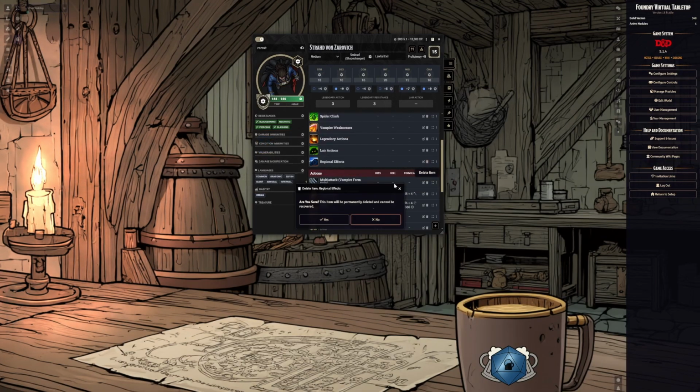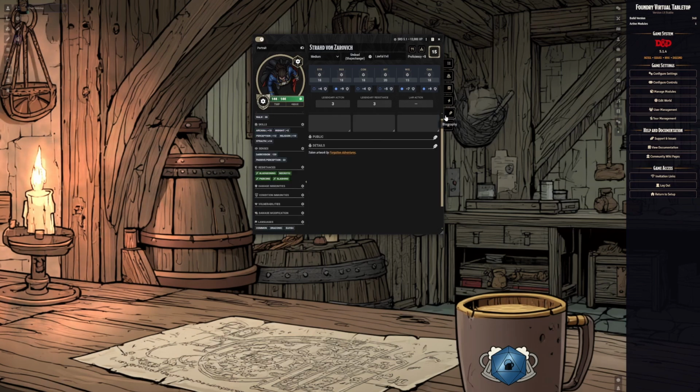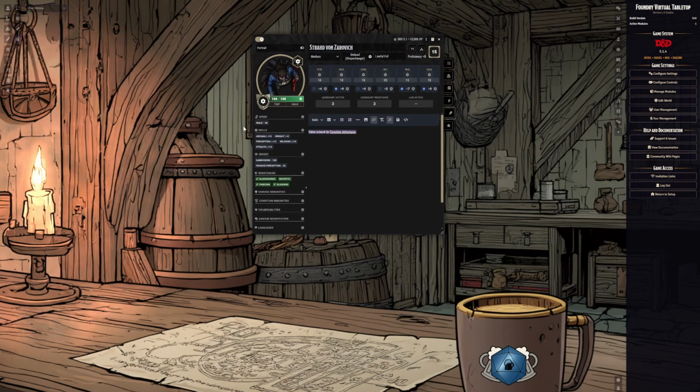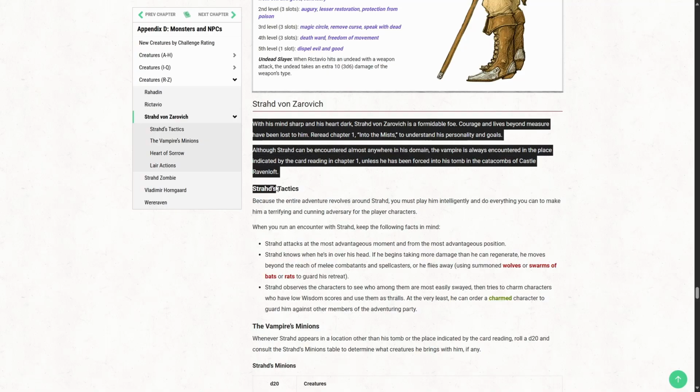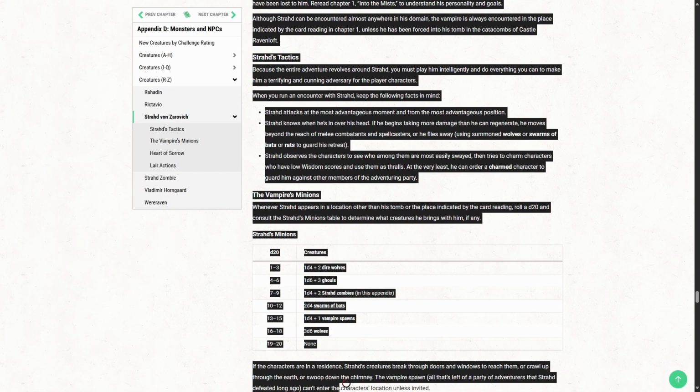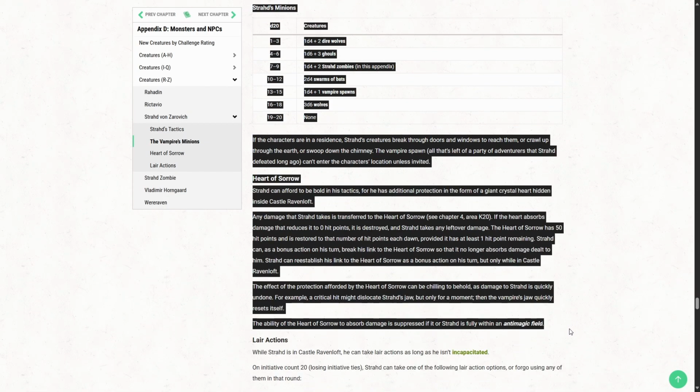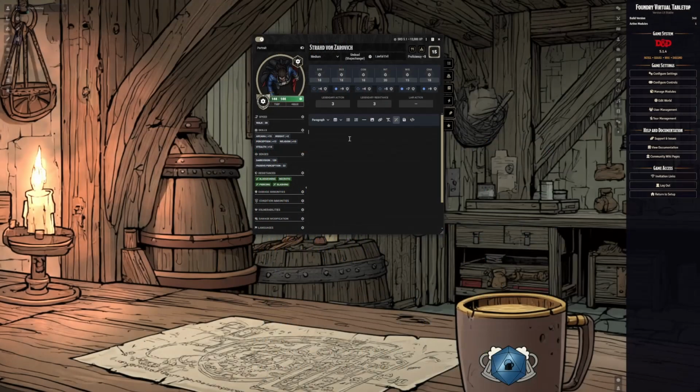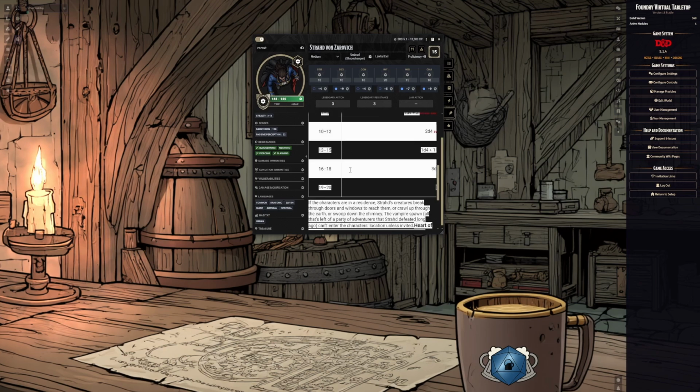He has no regional effects, but he does have the Heart of Sorrow feature. Rather than making it a feature, it's more of something that can just be put into the details under the biography. We're actually going to grab all of the biography details from D&D Beyond, starting with right under the main header, and we're just going to highlight all of this all the way down to lair actions, and then we're going to copy it,